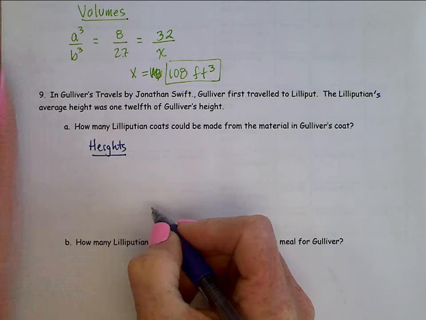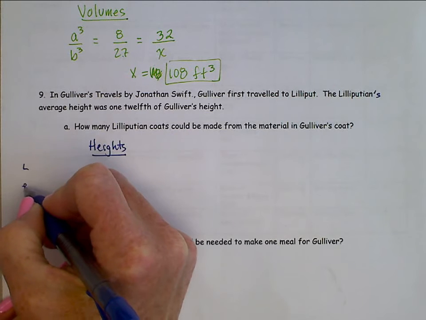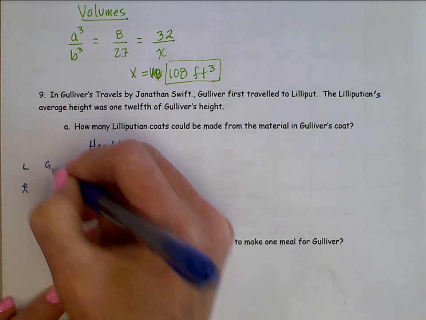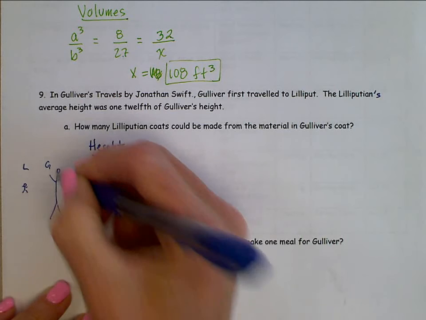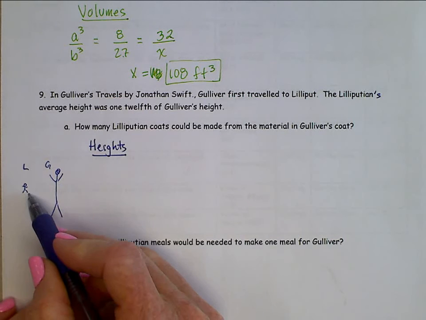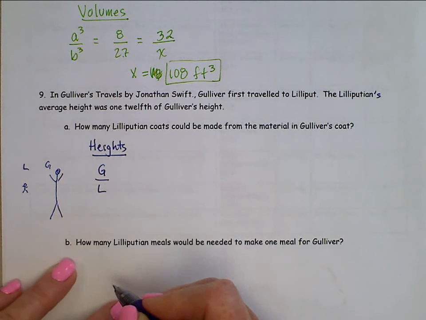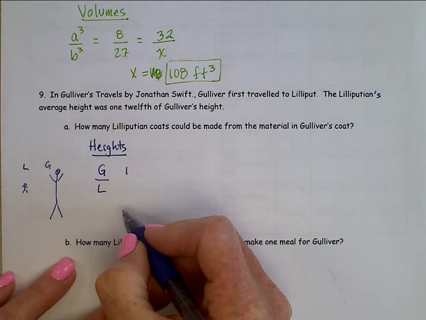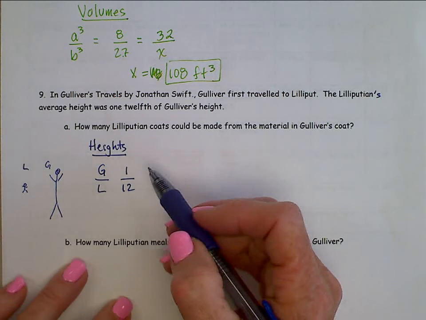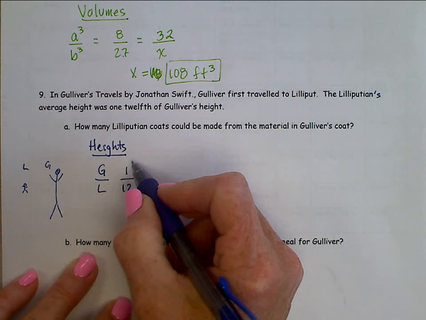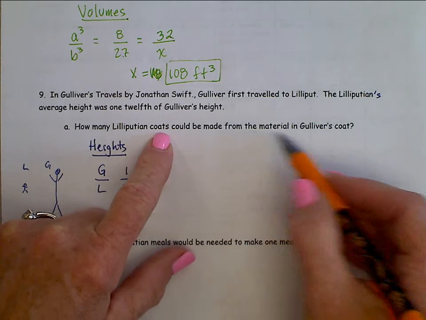a Lilliputian is small. Here's a Lilliputian, small person. Gulliver, huge. So 12 Lilliputians could make up one Gulliver. Let's do Gulliver to a Lilliputian. One Gulliver is 12 Lilliputians. Right? Gulliver's bigger. All right, there's the heights. That's your linear measurement. We want to know how many Lilliputian coats could be made from the material in Gulliver's